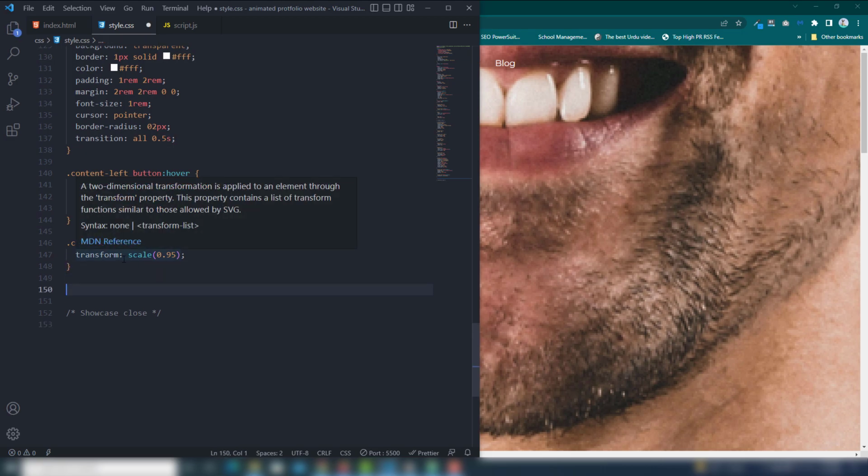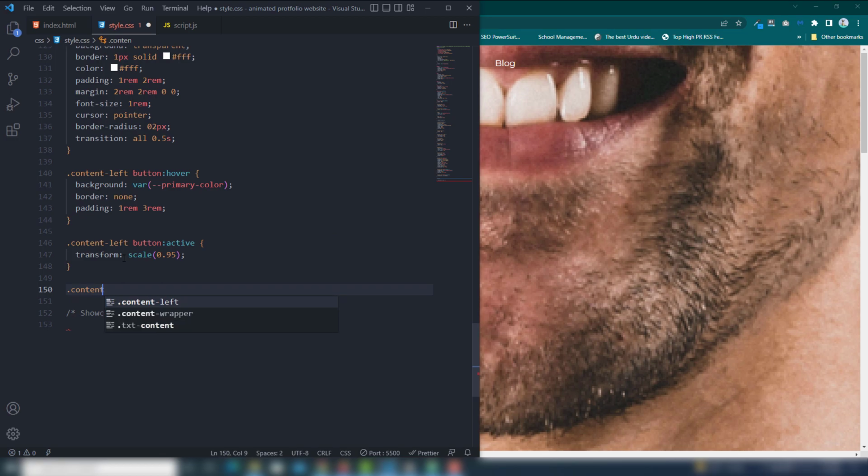So we need to target the content right. In the content right, I have an image.